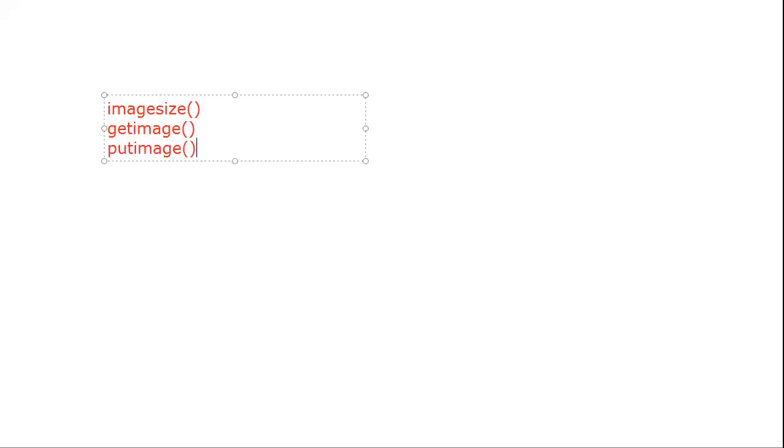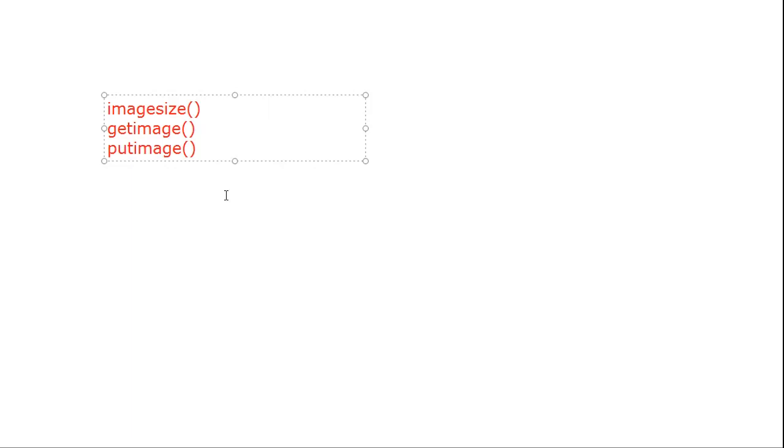These three functions are used together, which is why I'm going to explain these three functions. First of all, I'll cover the theoretical aspect of these three functions in this lecture. Then I will demonstrate the working or implementation of these functions.